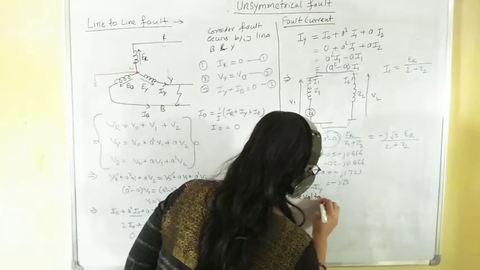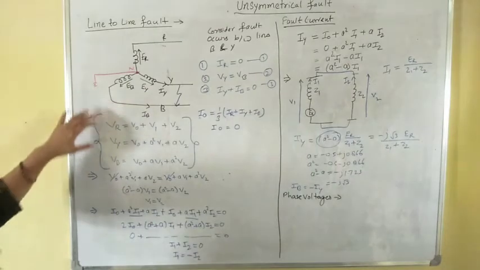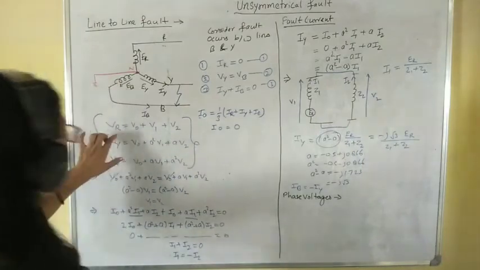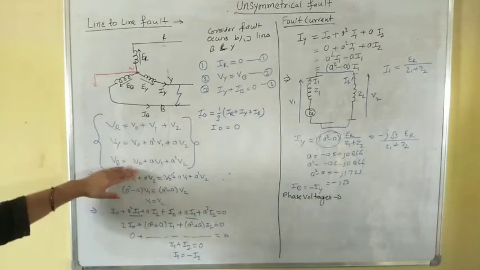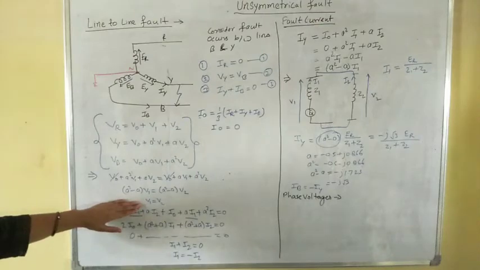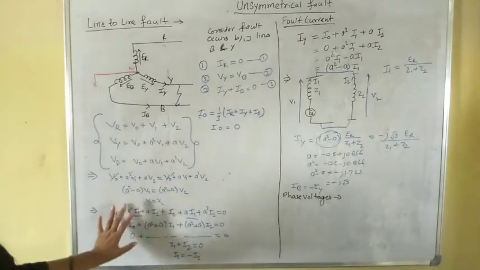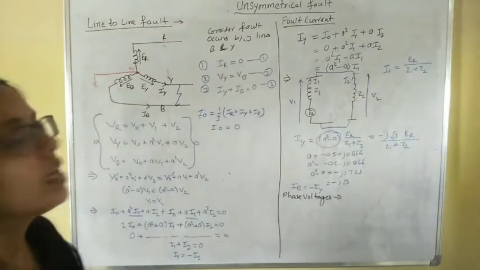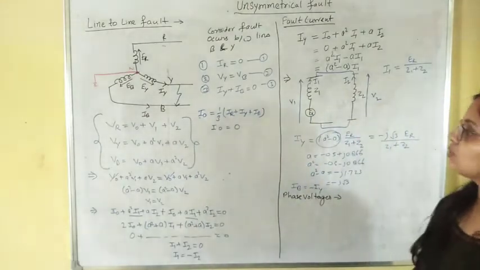Now come to the point of phase voltages. How will we calculate these? What are the phase voltages? They are VR, VY, VB. How will we calculate them? We just put these sequence voltages in these equations, so we can get this. Now what do we have? We have V1, V2, but we don't have V1, V2 in terms of ER or in terms of sequence impedances. So from this diagram, first you have to calculate V1 and V2.